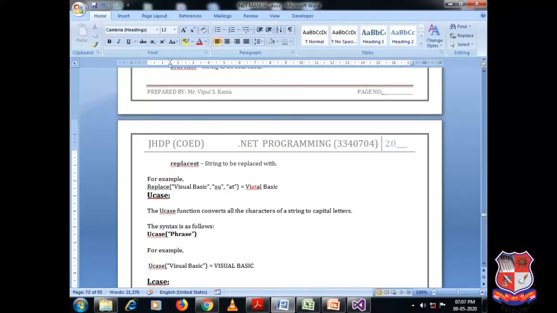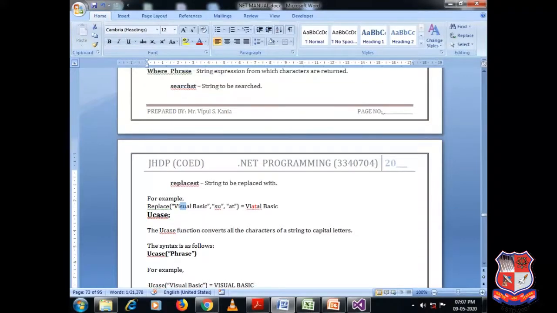For example, if I write replace Visual Basic comma su comma at, first of all, it will find the su. As you can see over here, su is written here. So this part will be replaced by at. So now it returns me VIATAL. Instead of su, the at has been replaced. So it becomes Vital Basic instead of Visual Basic. So this is what the use of replace function.